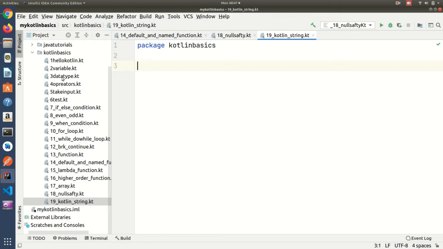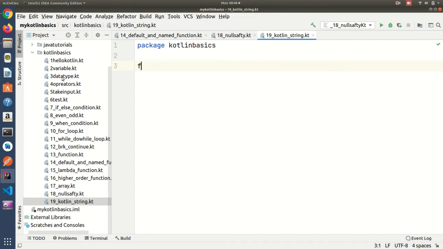And in this tutorial, we are going to discuss strings in Kotlin. First, we will understand what a string is. If you go for an interview, most of the time they will ask about arrays or strings. These two topics are very favorite for interviewers. So in this tutorial, we are going to discuss strings. And if they ask what a string is, you can say a string is an array of characters, or in one simple word, anything that comes under double quotation is called a string.